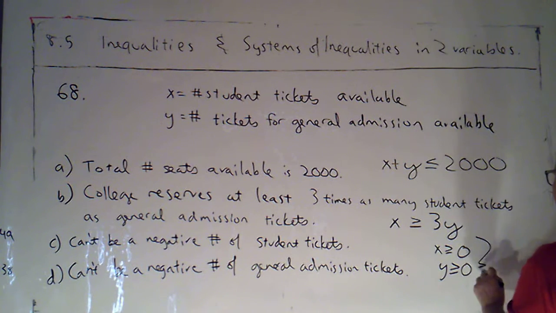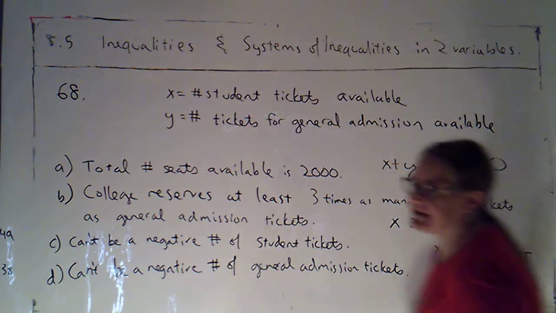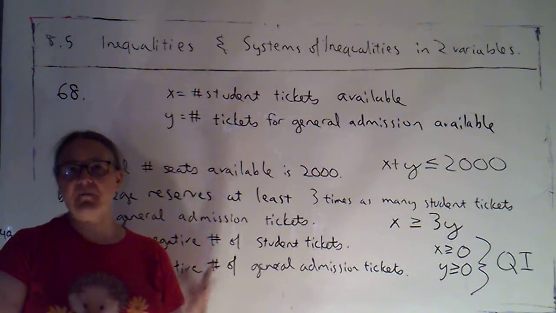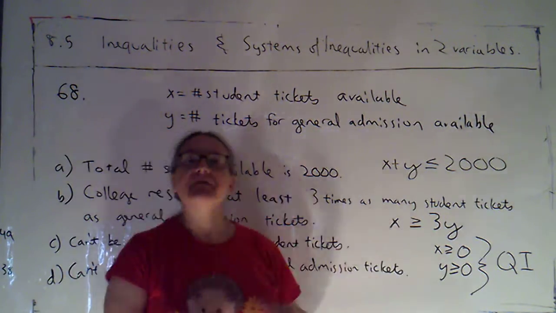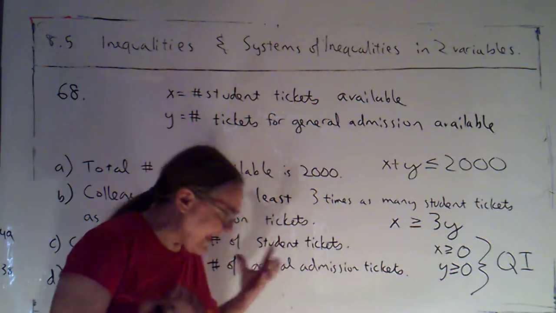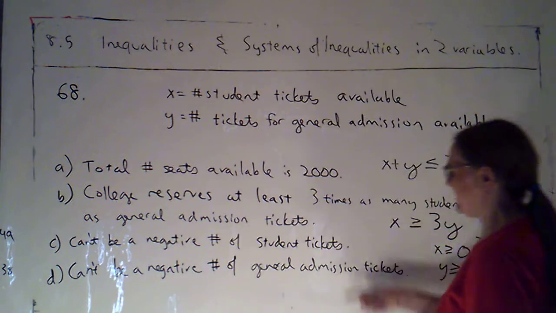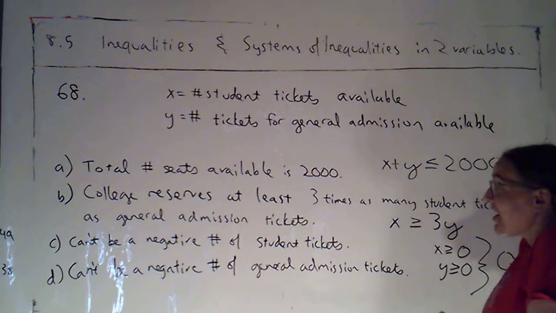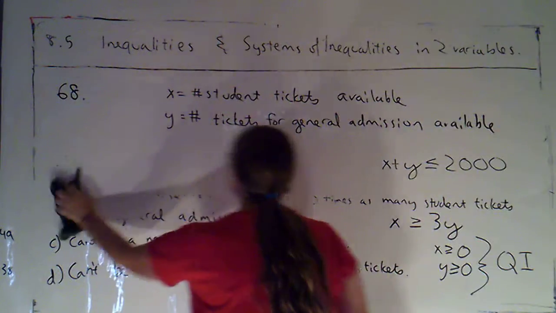As is the case with an awful lot of applications, that basically says we're going to be just working in quadrant 1 and on the boundary of quadrant 1. We're working with variables that represent non-negative quantities. That's not true of every application, but it's often true. And you might say that was silly of the book to include that. On the other hand, it's kind of them, I think, to include that, because when we go to graph, we're so used